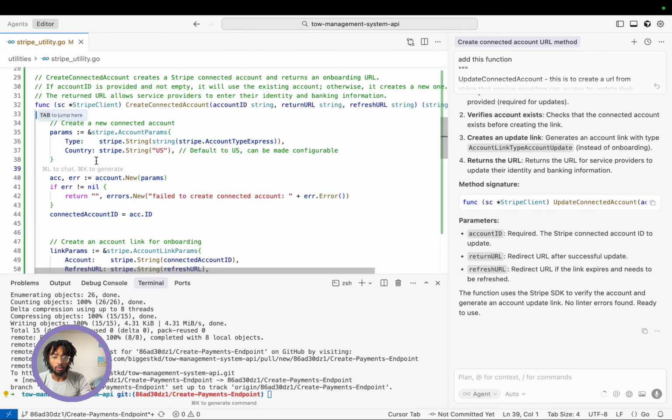So all you do is immediately create the connected account ID. Once you create this account ID,